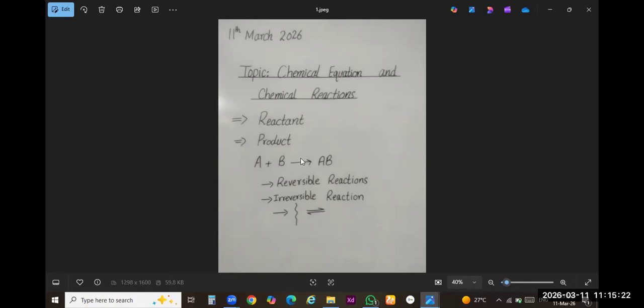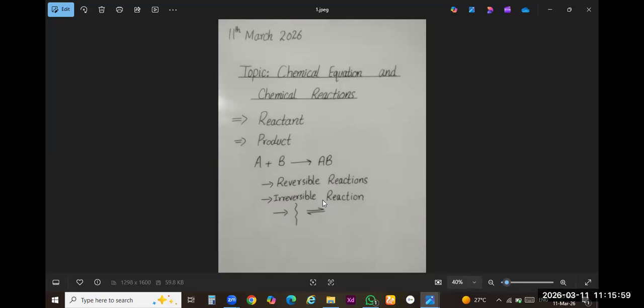In these cases, there are two types of reactions. The first one is reversible and the second one is irreversible. As you know that the name indicates reversible, which may reverse back, and irreversible means which cannot move back. Irreversible reactions means the reactions which can only move in forward direction, only in one direction. There are two arrows. You can see these two arrows. This one indicate only the single direction and this one indicate the double direction. You can see?